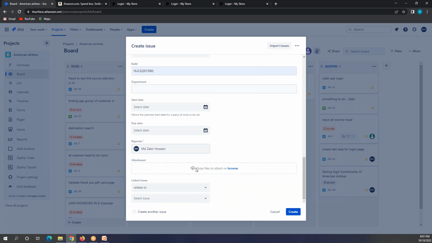Once you're done, remember one thing. This is one of the important things here. You also have to attach the screenshot showing that when you insert an invalid username and click on login, it takes you to the user homepage.